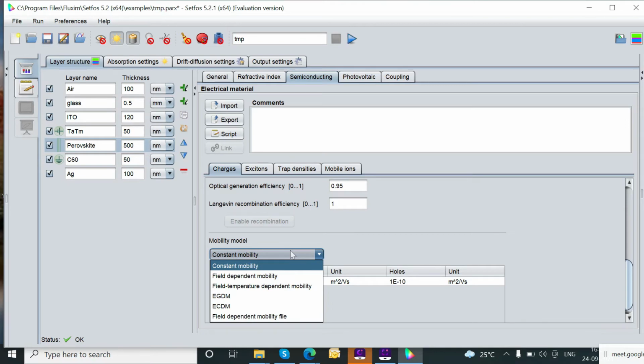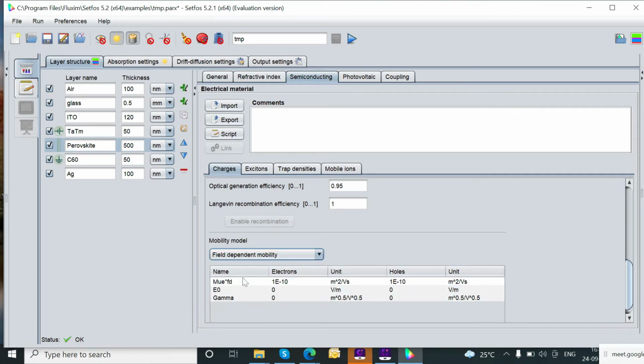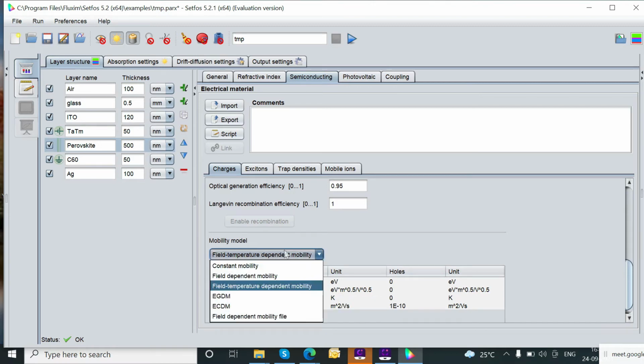And if it is dependent on some other parameter, then you can define it in a text file or dat file, a density dependent doping, and simply import that respective file. So if it is constant or dependent on a particular parameter, you can simply import it. Similarly for acceptor doping and donor doping. Next is the optical generation efficiency and Langevin recombination efficiency, for which you can set the parameters.